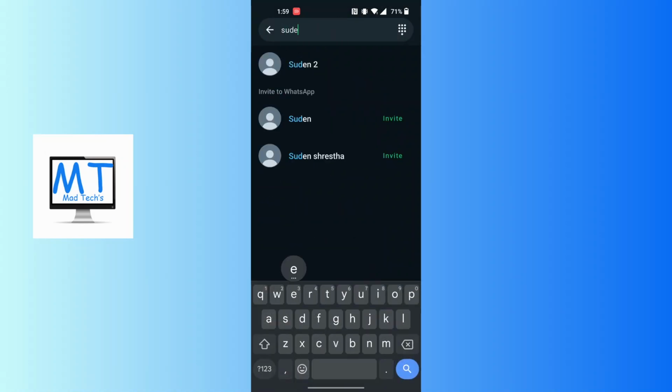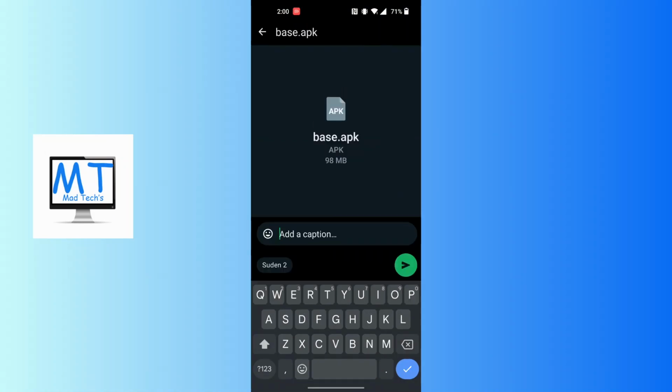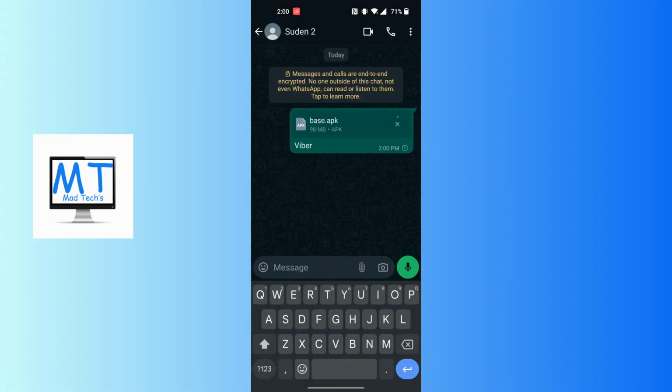to share the app, and I'll be just sending the app to this one, to myself, another contact. And after that guys, after selecting that contact, a green bar button will appear, and after that there will be an airplane icon at the right side of it. Tap on that airplane icon on the green circle, and over here you can add a caption to that saying Viber, and again tap on the airplane icon, and that app will be sent or shared to WhatsApp like this,